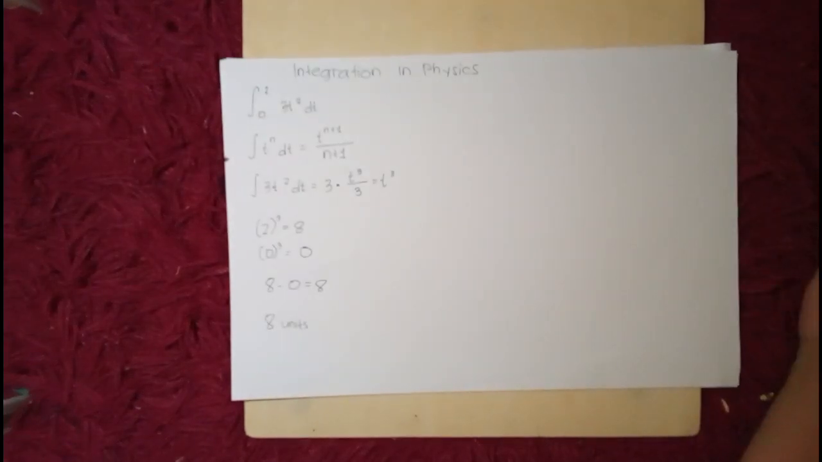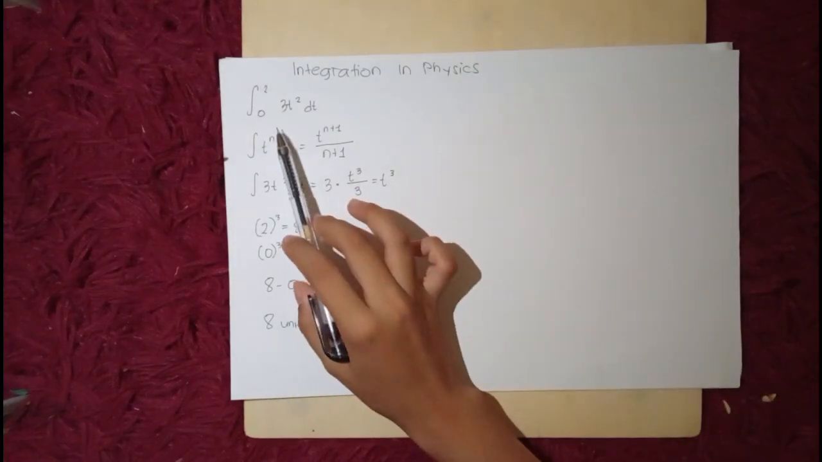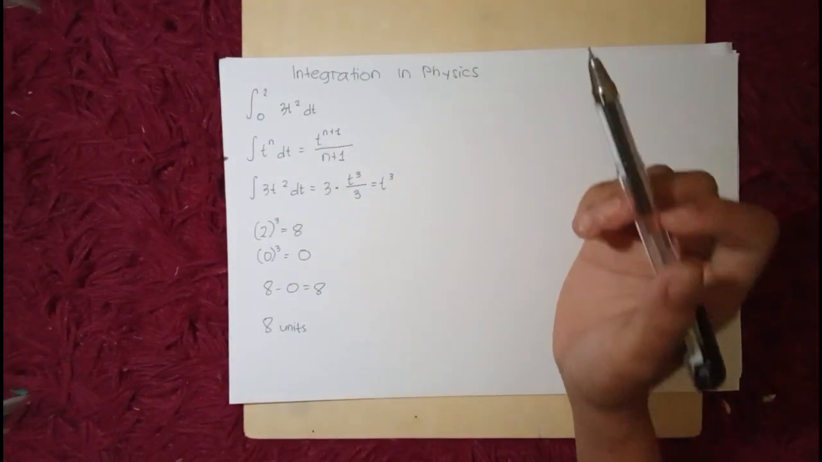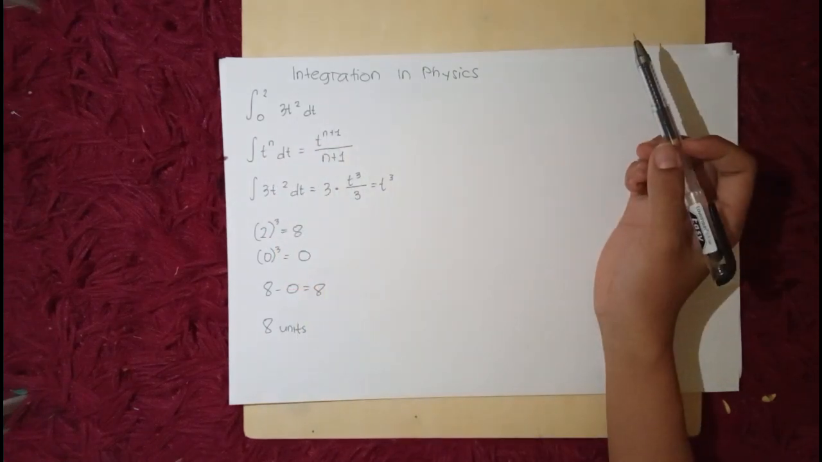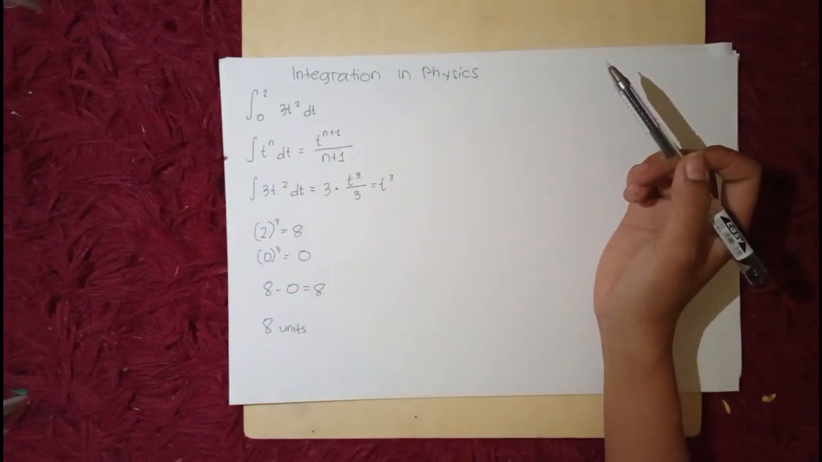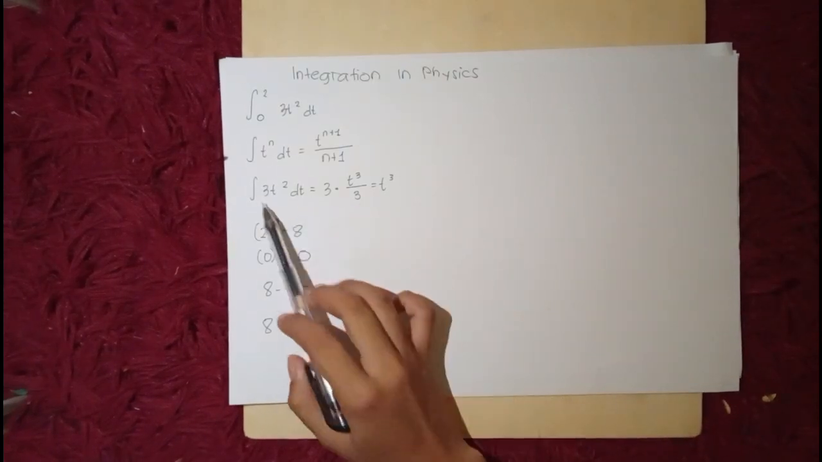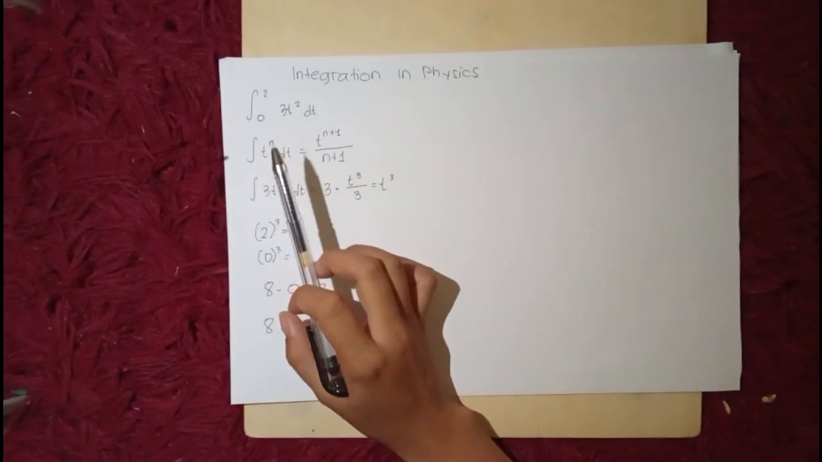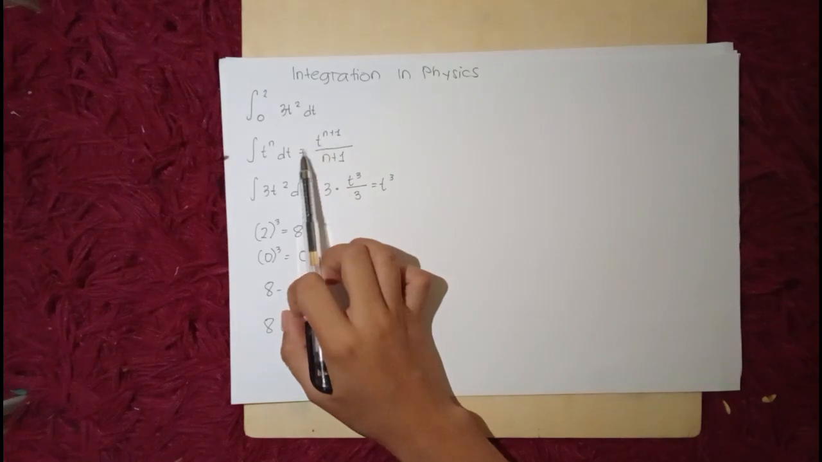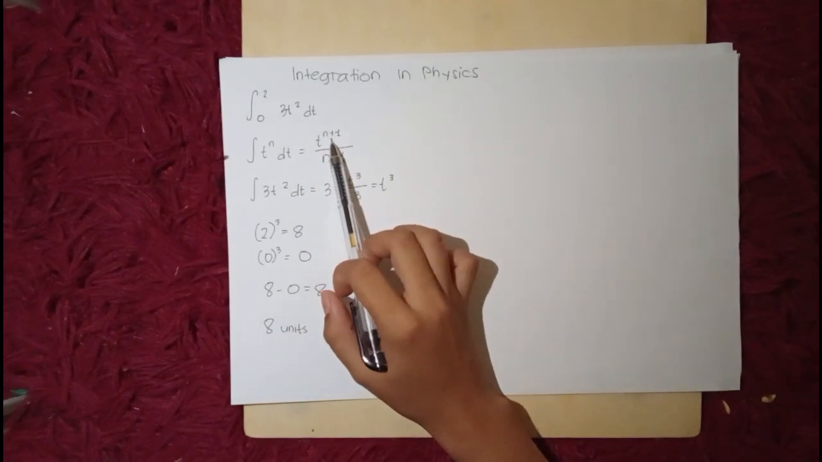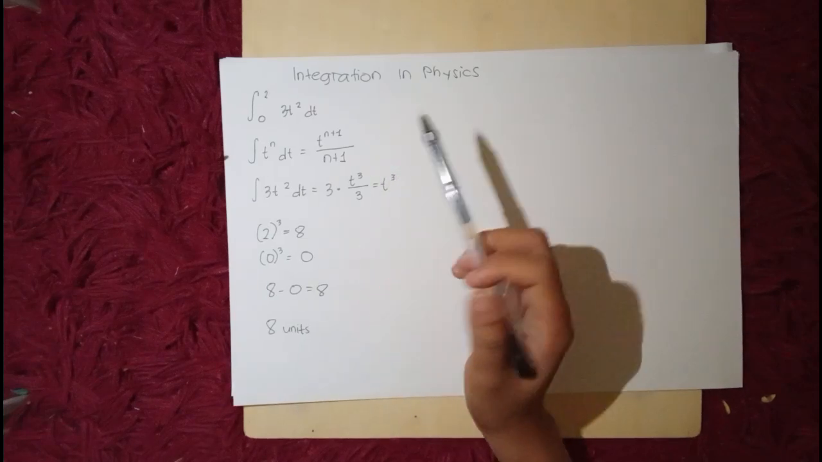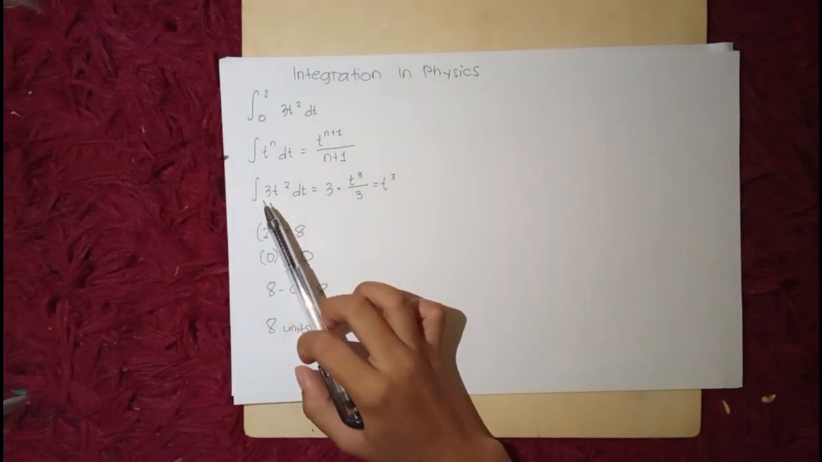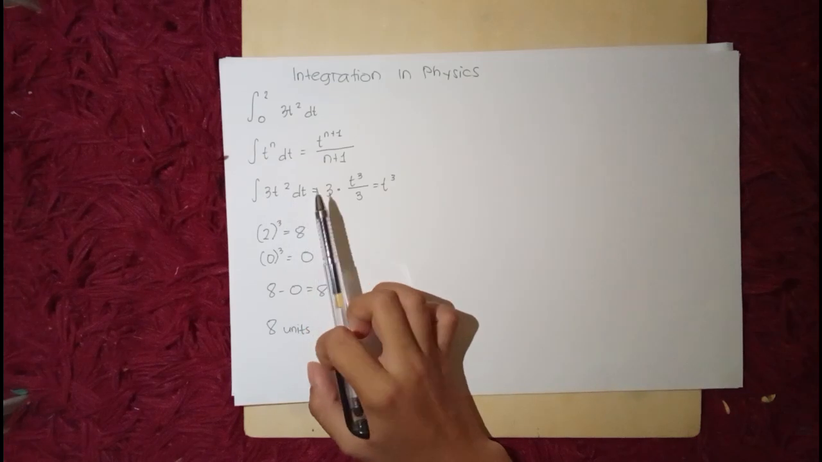So to find displacement, we integrate the velocity function over the given time interval. This means we are calculating the area under the velocity curve from t equals 0 to t equals 2. So the integral of 3t squared follows the power rule of integration: the integral of t to the power of n dt is equal to t to the power of n plus 1 over n plus 1. Applying this rule to 3t squared, we have the integral of 3t squared dt is equal to